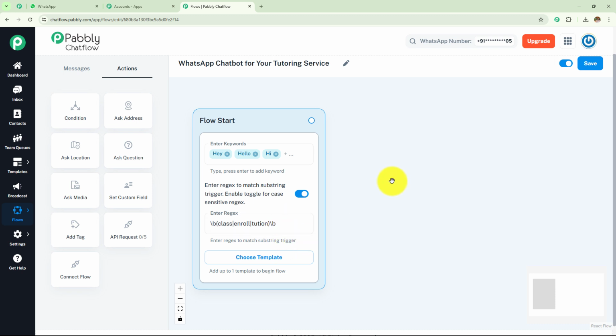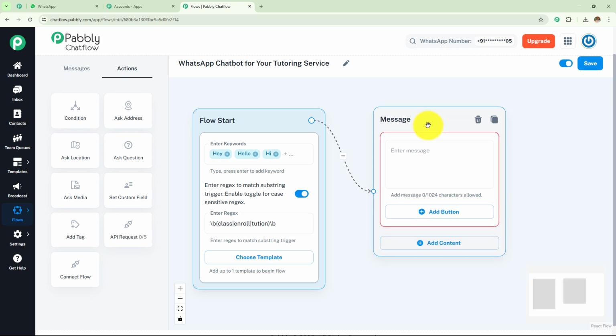Now here we have triggered this chatbot. When I receive the message, this chatbot gets triggered. But what message are we going to send? I am going to click on this circle, drag and drop this somewhere over here, and then I'm going to select my content type. In this drop down, we have all the content types. I have already explained all these to you. I'm going to select this as text plus button, and then I'm going to enter my message.